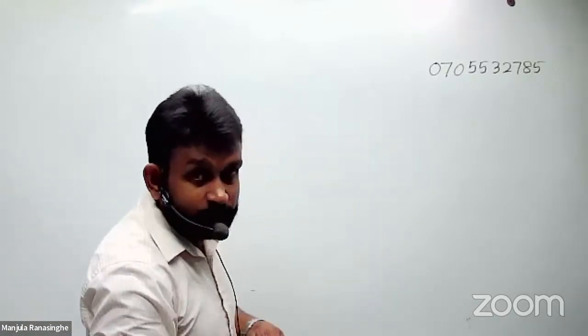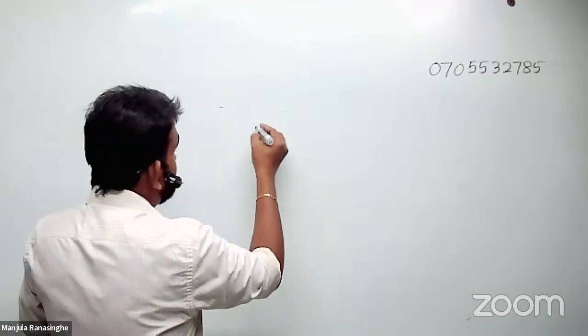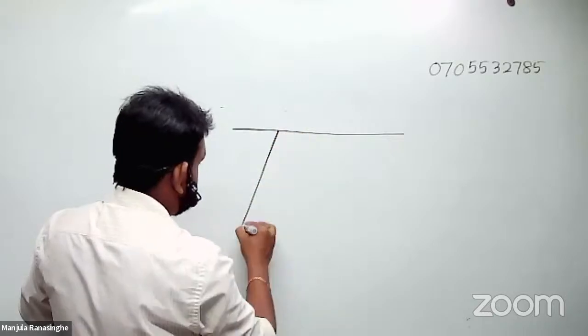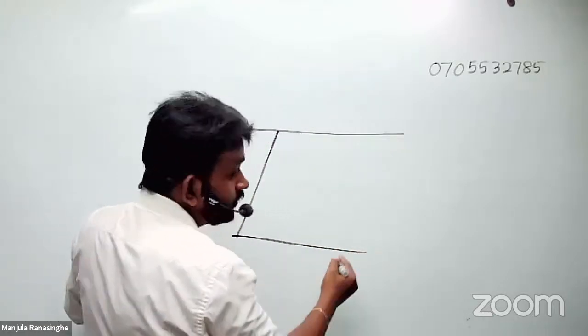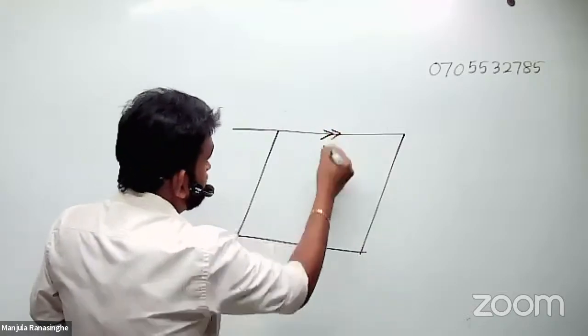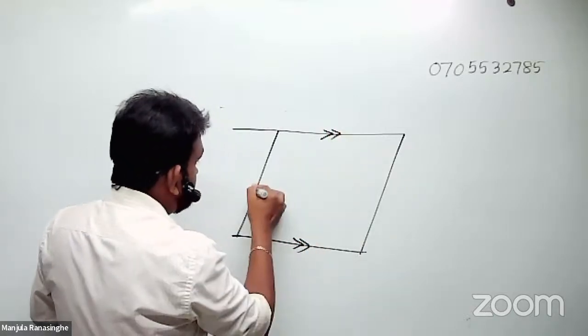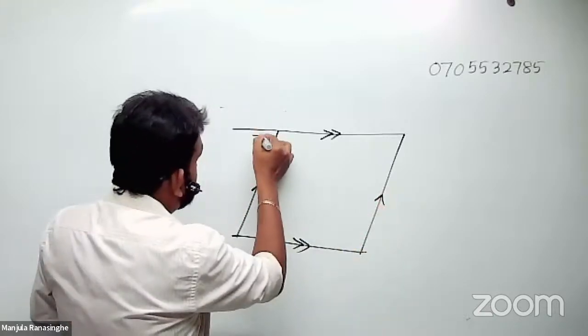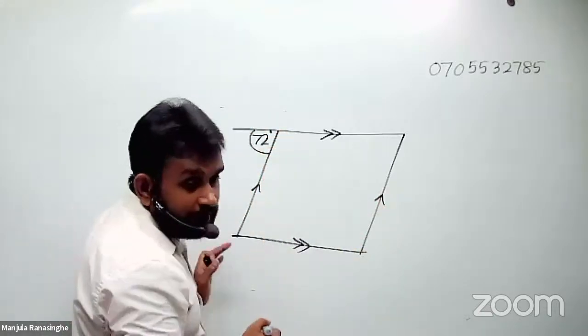Right. Question number 7, I am drawing here. Carefully see. Right. This is a parallelogram. These two lines are parallel and these two lines are parallel. Here it is given 72 and what they're asking